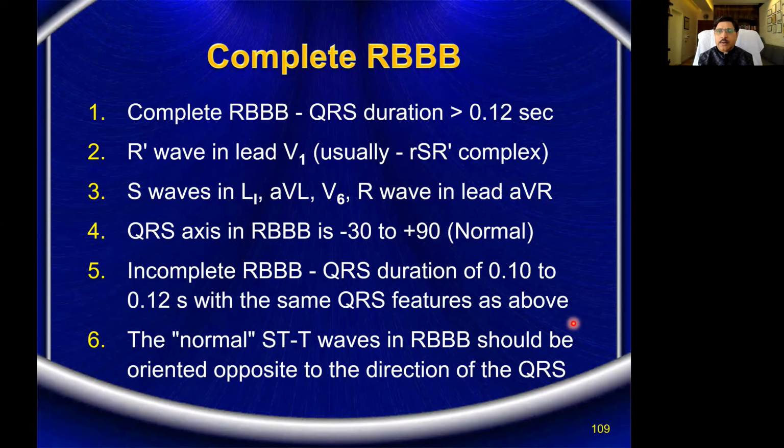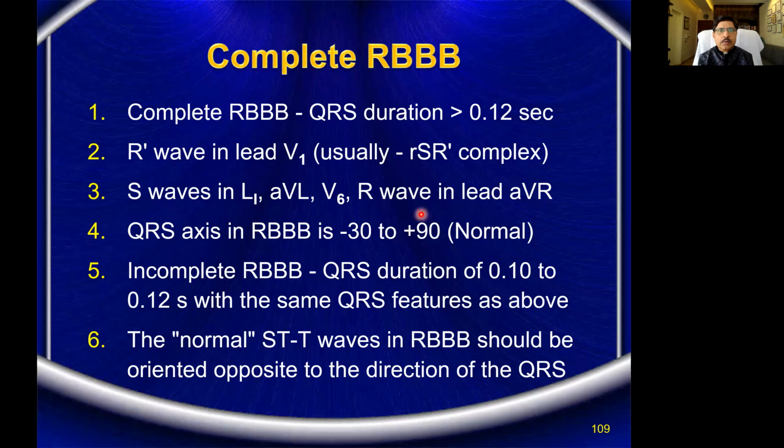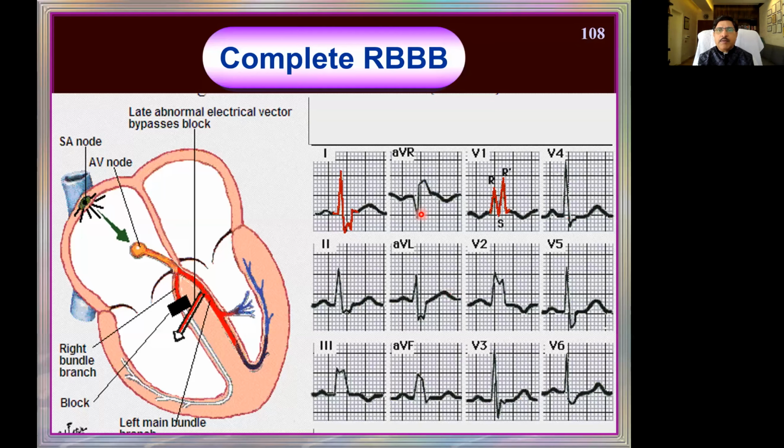An R wave in lead AVR also. Here comes the AVR. AVR is normally a negative deflection. So in this scenario, an R wave in lead AVR may be seen. There is a Q wave like thing and an R wave there. AVR usually is a negative deflection, but you see a good positive deflection in the AVR lead. So that's not very important. M pattern, RSR pattern in V1, slurred S wave in L1, AVL, V5 and V6.